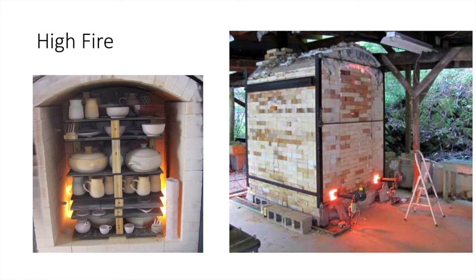A regular efficient firing is called an oxidation, where you have a more equal level of oxygen. But in a reduction, you use the gas to starve the glazes of oxygen. And what that does is it brings out more vibrant colors. It can make the iron in the clay come out a little bit more, and you get some more of that beautiful magic that you associate with high fire pottery, versus an oxidation, which is going to be